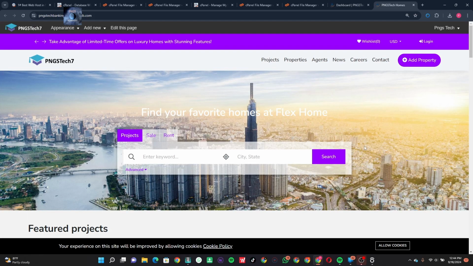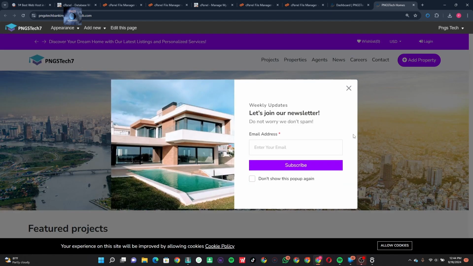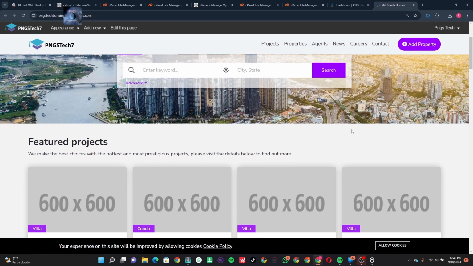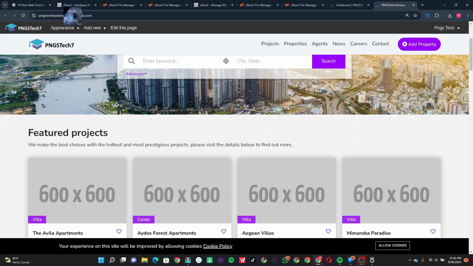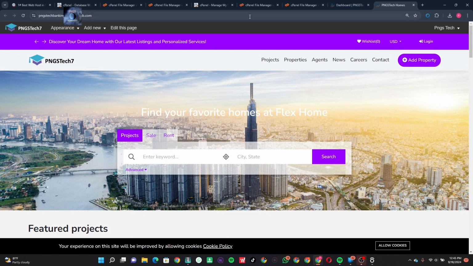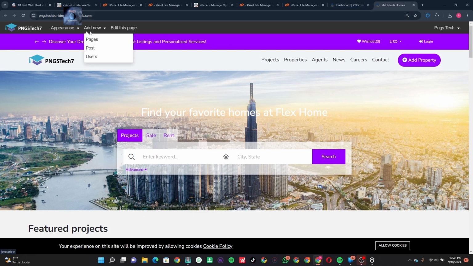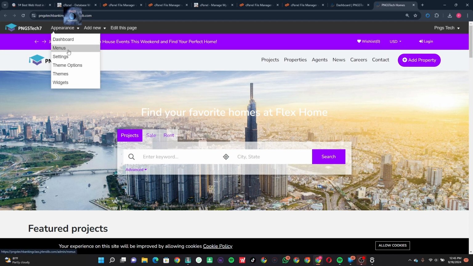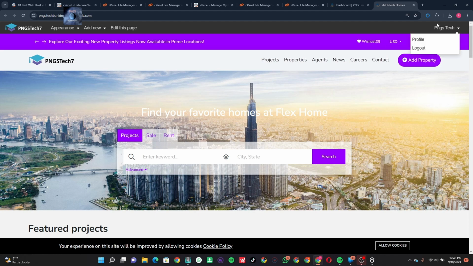Wow, this is so awesome. You see that purple is so unique. You know, as computer scientists, we are purple in nature. It's because I'm logged in that it's showing this top header, showing that as an admin I can actually edit this page. I can actually do a lot of things, just like the way WordPress has such functionality. So if I go ahead and I log out,